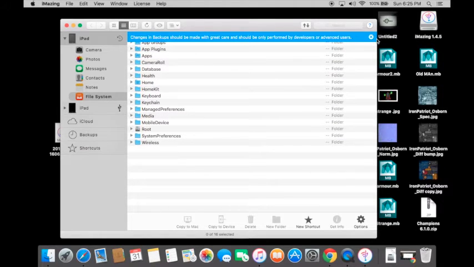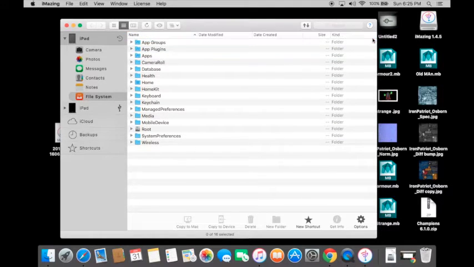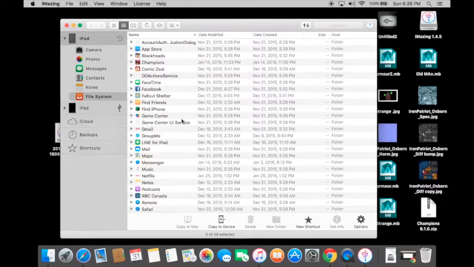And here's basically what you would have seen if you were still on an old version of iOS. But now we can access the file system and the backups. It takes a little bit more time, a couple extra steps, but the end result's the same. So we want to go into apps,